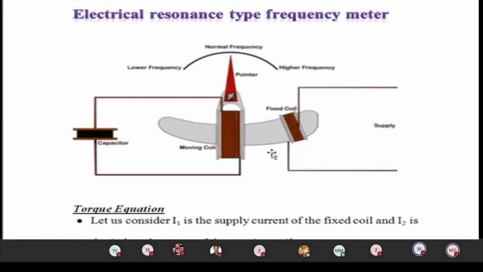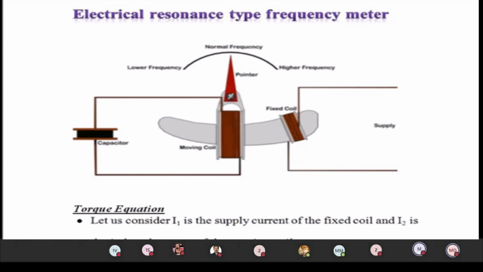According to Faraday's law of electromagnetic induction, whenever a flux is cut by a coil, an EMF will be induced in the coil. This is by the nature of electromagnetic induction. Since it is a movable coil, the flux is cut by the moving coil, so an EMF, electromotive force, is induced in the moving coil. This EMF is lagging in nature compared to the magnetic flux produced in the core of the fixed coil. So this is one thing.